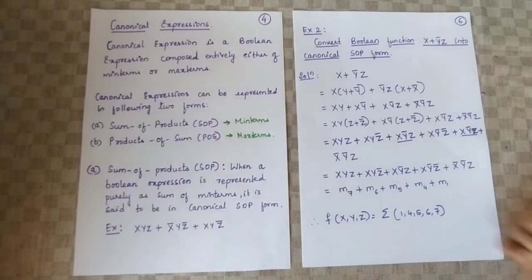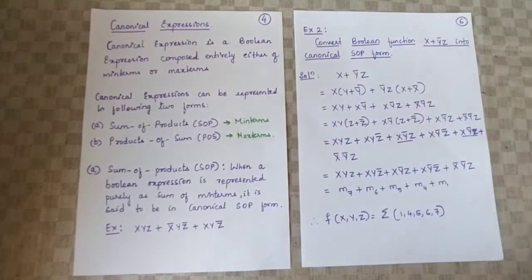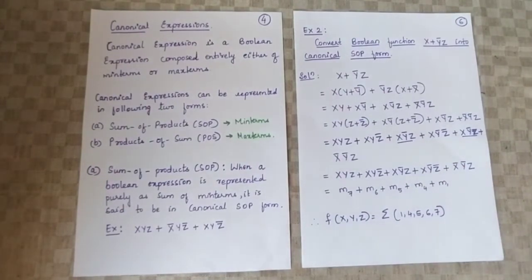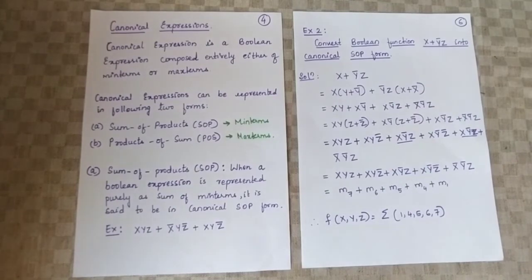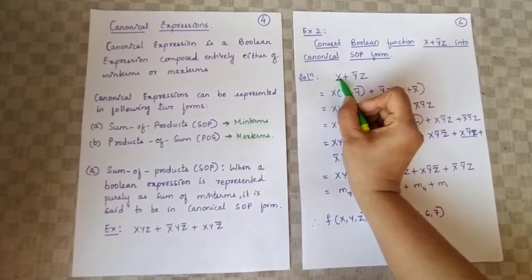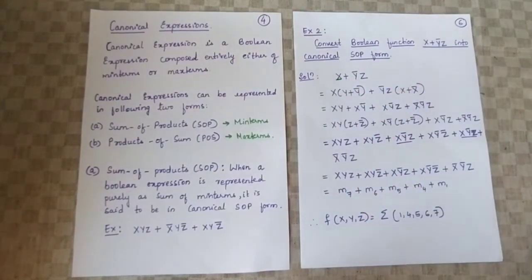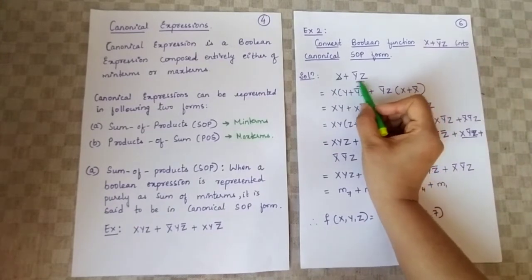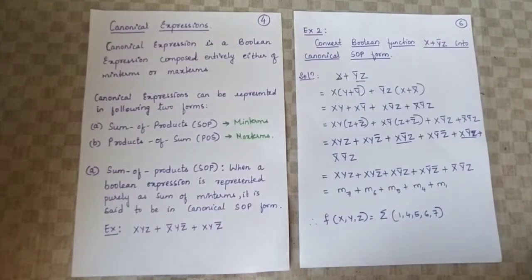So here is the example. You have x plus y complement z. Now if you carefully observe that expression, in that expression you are having three literals, x, y, z. Okay. So let's take the first term, x. Here there are two literals missing, y and z. Let us take the second term. Here there is one literal missing, that is x. So as I have explained while expansion of min-term expressions, if there is more than one term